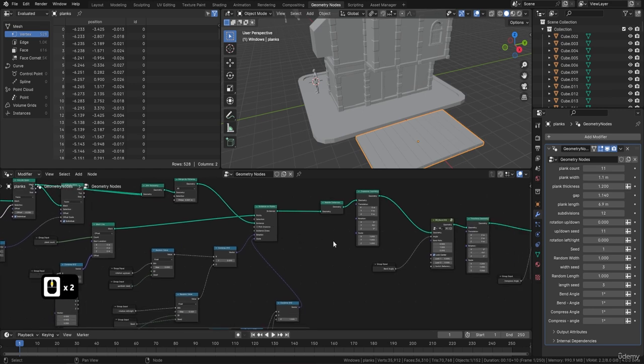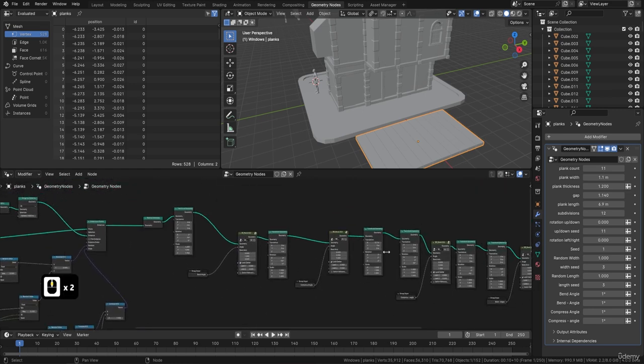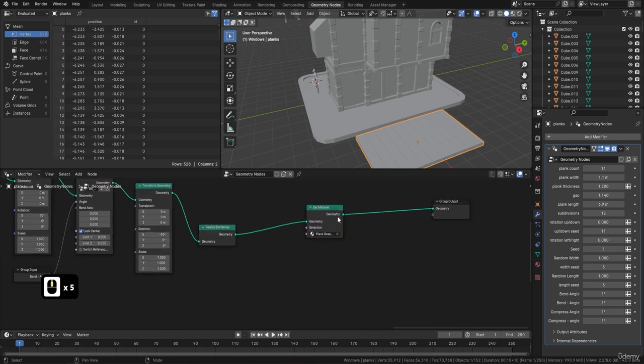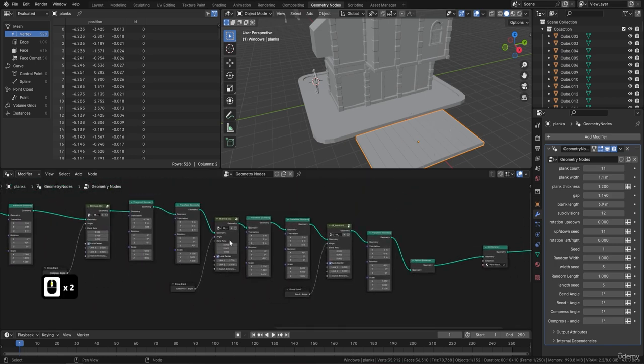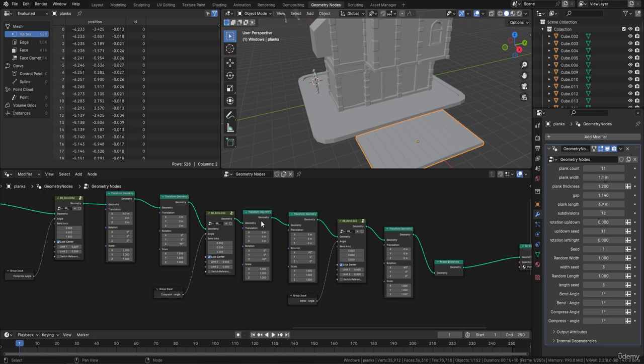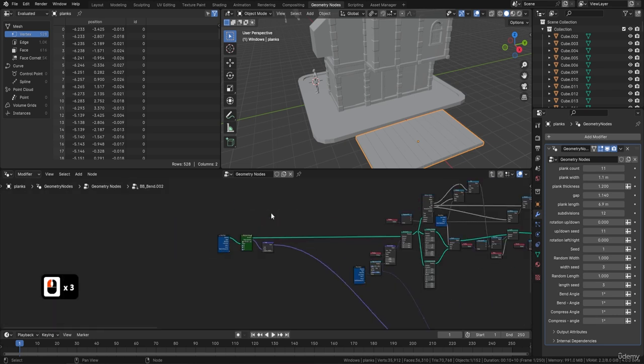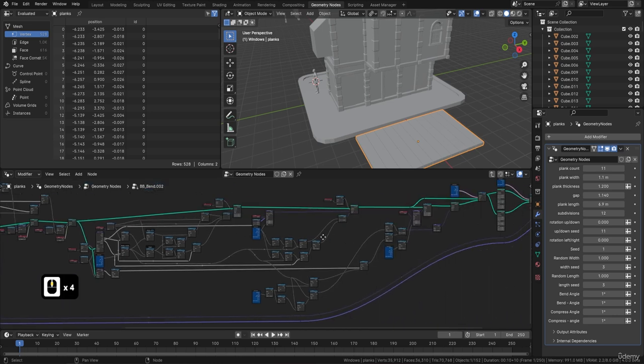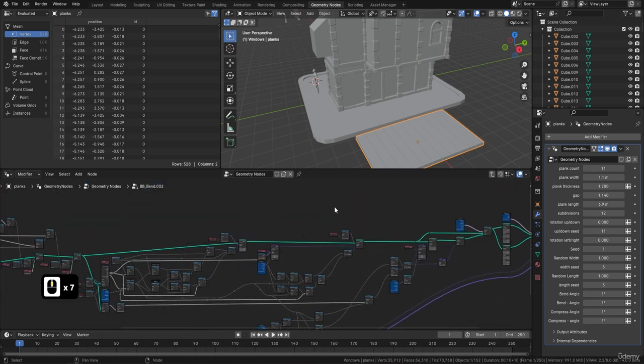You can also see if we come over, where is it? We've got one that says set material. This is how you set a material in geometry nodes, to make sure that it's the texture or the shader that you want it to be. And you can see that's how that works. And finally, then we've got the bend. Now, the bend is very complex. If I open this up like so, you'll see that this is pretty complex to get that actual bend into